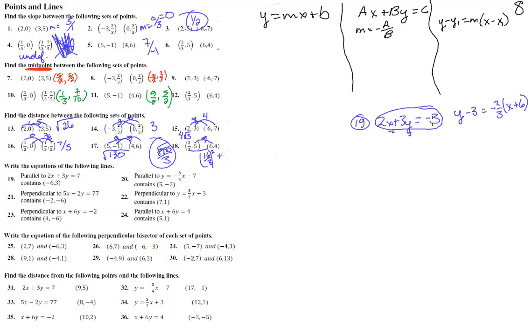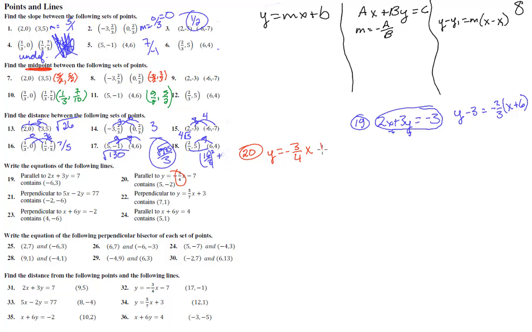But both of these can be solved into the y equals mx plus b, the slope-intercept form. Let's do number 20 now. Number 20, parallel to y equals negative 3/4 x minus 7. So I'm going to do this one over here, 20. Parallel to y equals negative 3/4, that means we're going to use that same slope, y equals negative 3/4 x,